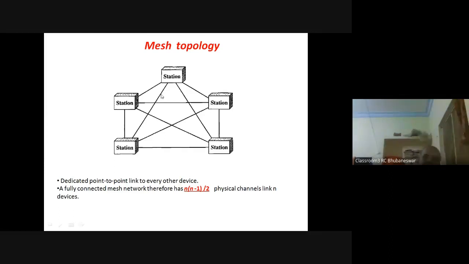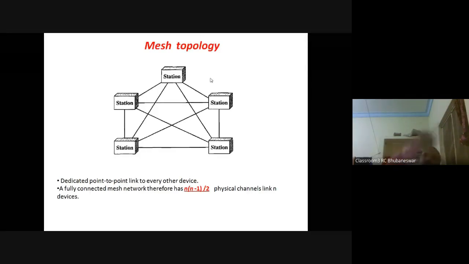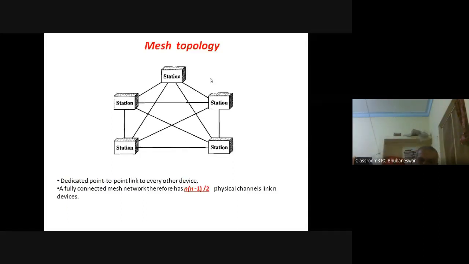In mesh topology, each node is point to point connected with every other node present in that network. एक ही नोड से every other node के साथ डायरेक्ट डेडिकेटेड लिंक कनेक्शन होगा। Similarly here, if there are n number of nodes in mesh topology, how many links are required to interconnect them? Now, if there are n number of nodes, there are n into n minus 1 divided by 2 number of physical channels or physical links required to interconnect them।